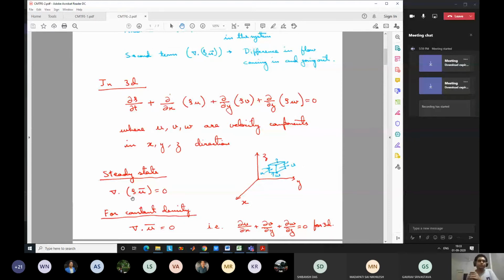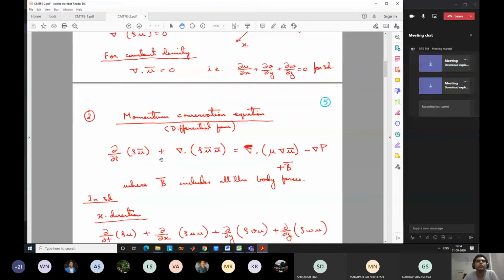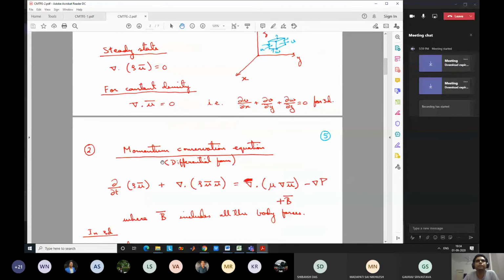So again you can write this in 2D or 3D or 1D form. And if it is a constant density problem, where rho is also not changing, then we write it as the well-known form del dot u is equal to 0, which is del u del x plus del v del y plus del w del z equal to 0 for 3D. And also for 2D and 1D, del u del x equal to 0 for 1D. Okay, this is our well-known form, which we will use for starting our CFD calculation later on. Constant density and steady state. Any question on this continuity equation?